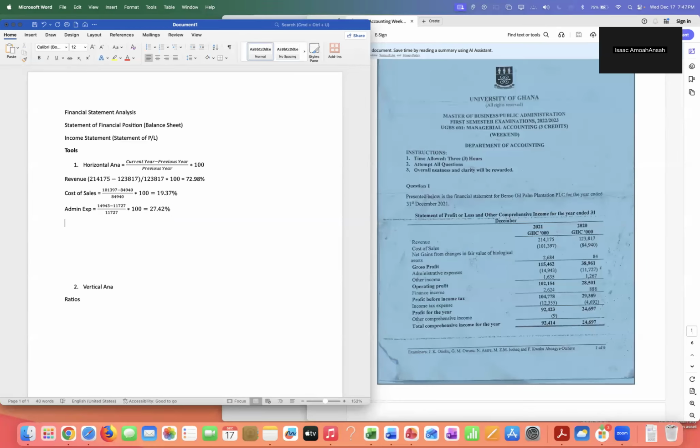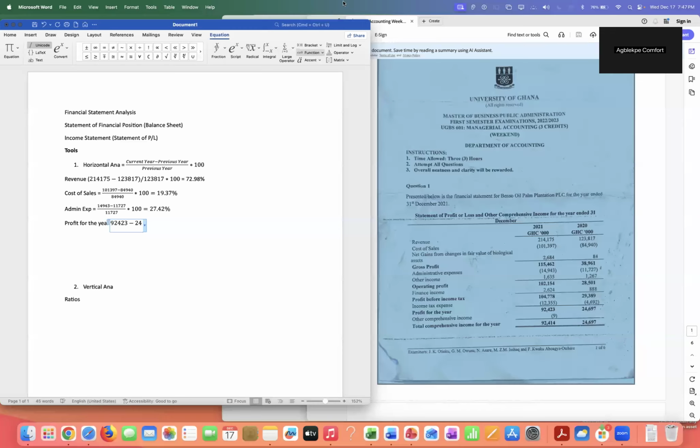So we can go on and do profit for the year. Profit for the year. This is coming in the exam, so we are doing this fast. Help me note out the figures. Profit for the year. 92,423 minus 24,